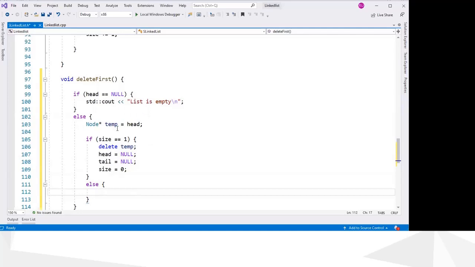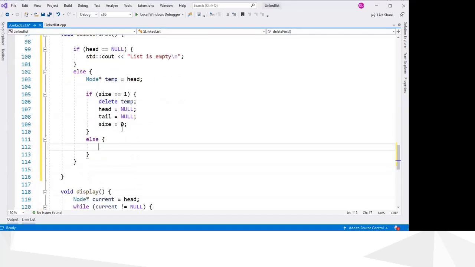And else, if the size is not equal to 0, that means we have at least one element, we come to the else condition, and in the else condition we check whether the size is 1. If the size is 1, we have to make both head and tail pointers null.